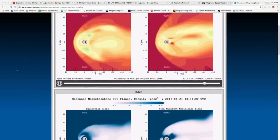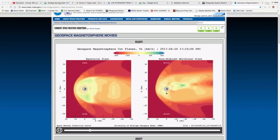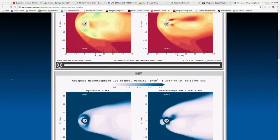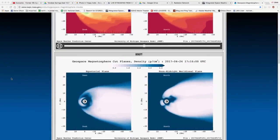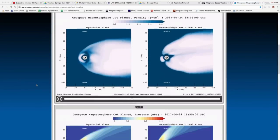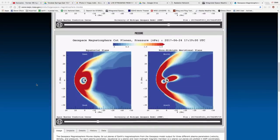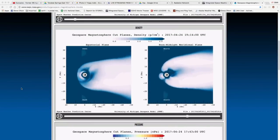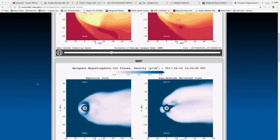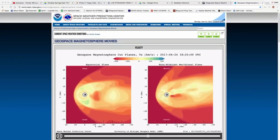Here's a look at the pressure, and again, that's looking at XY cut. So from the top, the equatorial sideways, and then from the top, meridional. And you can see that the pressure is extremely high. Then we go down here and we can see that this gives us a view of the magnetosphere's pressure on the magnetosphere, and then finally on how it looks on the Earth that way. So you got pressure, density, number 2, and number 1, velocity. So velocity is high, density is high, and pressure is high, which means space weather is wacky right now,